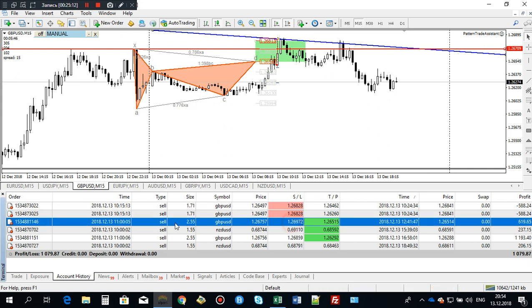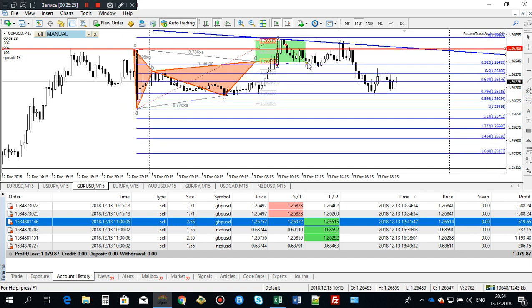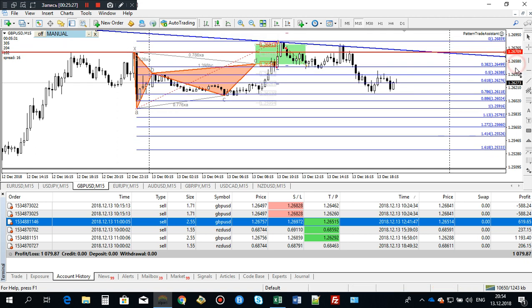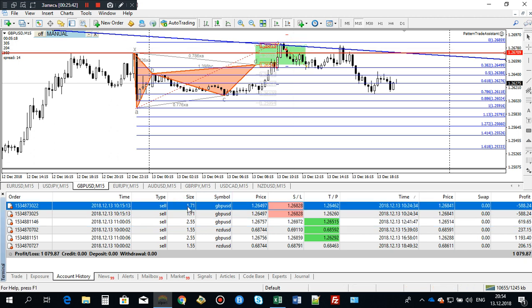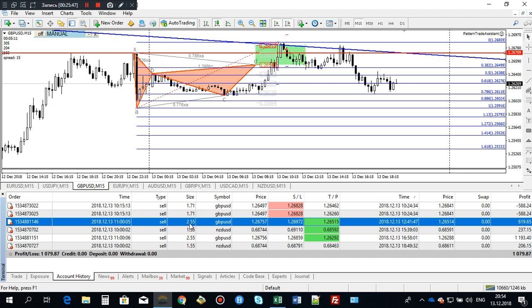the first trade was here, 2.55 lot size. It was here, let me draw it, starting from the open of this candle and hitting this 382, starting from the open and hitting the 382, and the stop loss for that was 180 above the most recent high. And because we had a smaller distance from entry to stop loss, I could open a larger position size. So if you compare the first position size, it was 1.71, and the second trade was